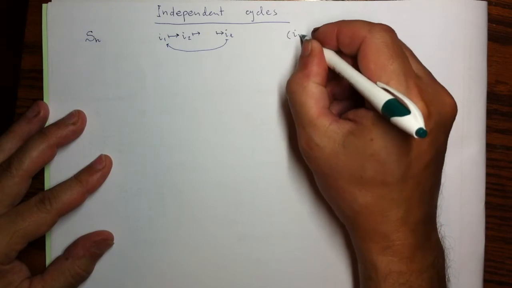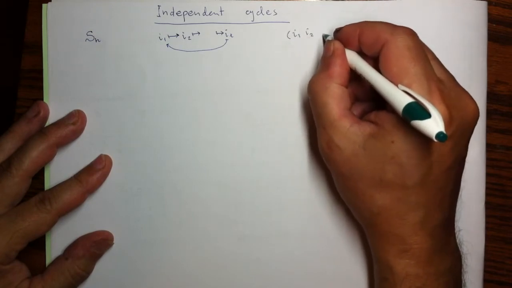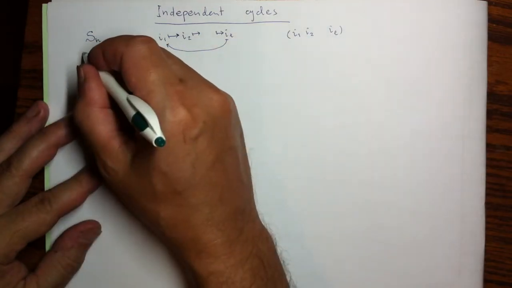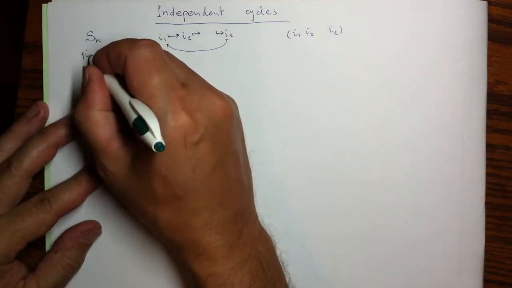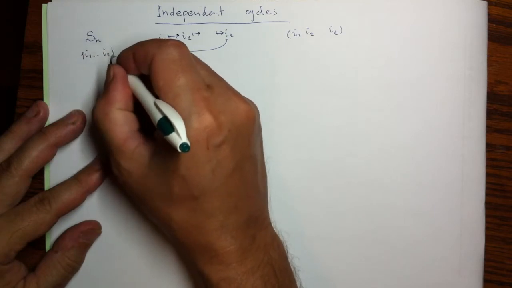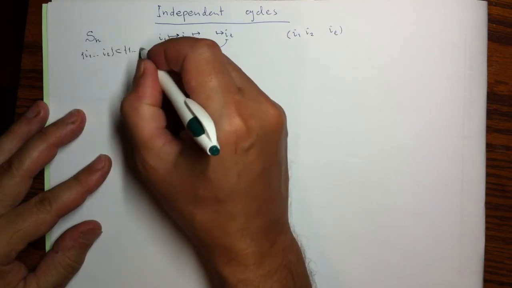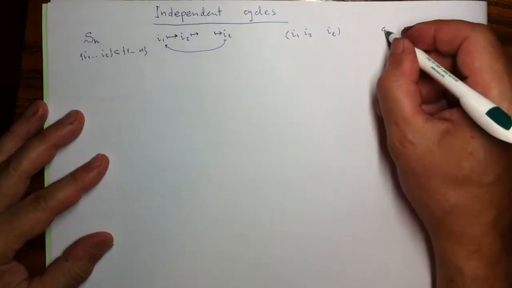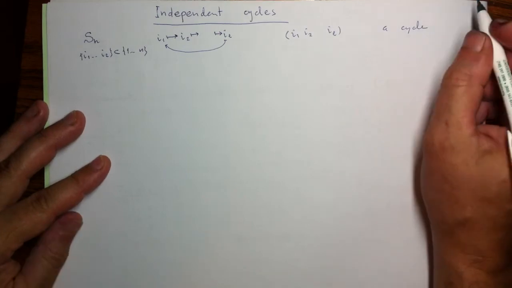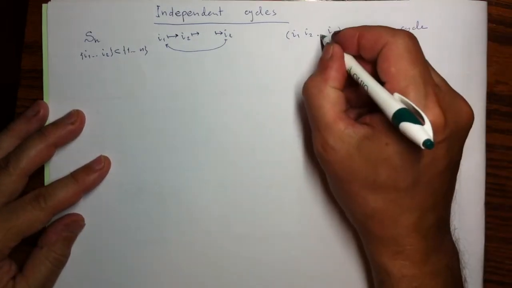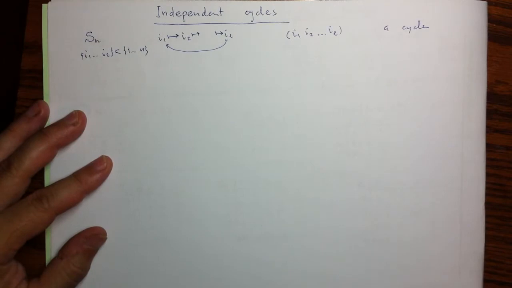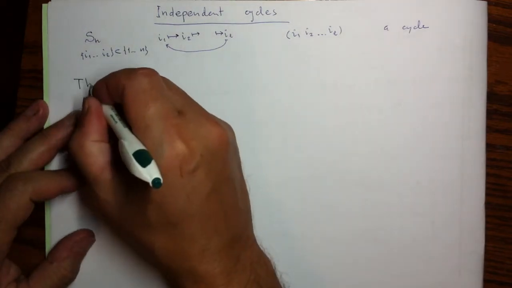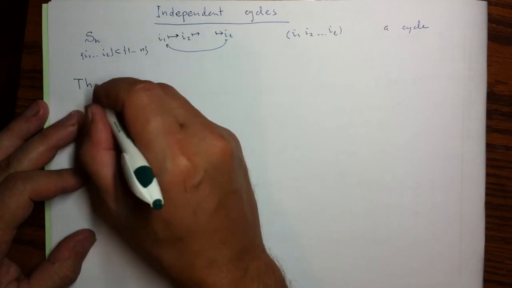A cycle on this set of numbers. So these numbers I1 up to IL are some elements inside our n elements. So this is a cycle, and that is a compact notation for it, not to write it as a table or draw a picture of it. So here's a general fact, a theorem